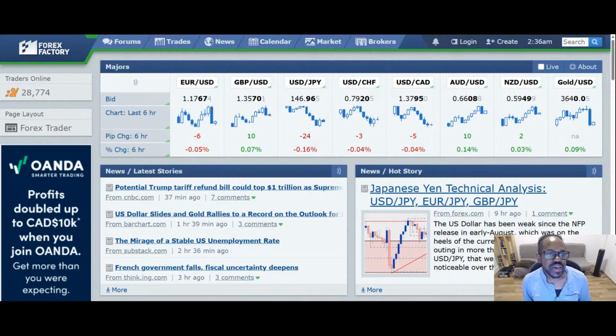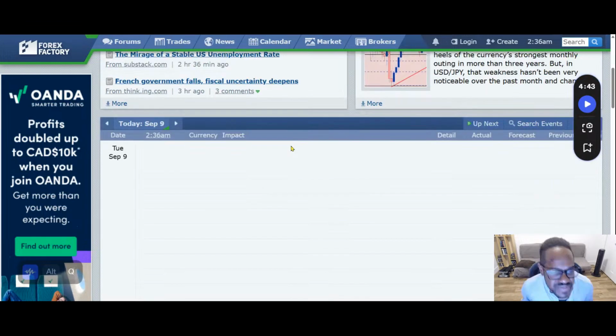So as we do every weekday, what we start with here is we look at the news calendar and see exactly what's going on in the markets and what we're expecting for news events and all that stuff. So we'll look at it right now. Perfect. So for now,